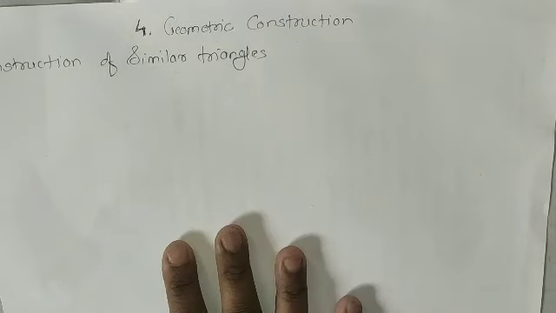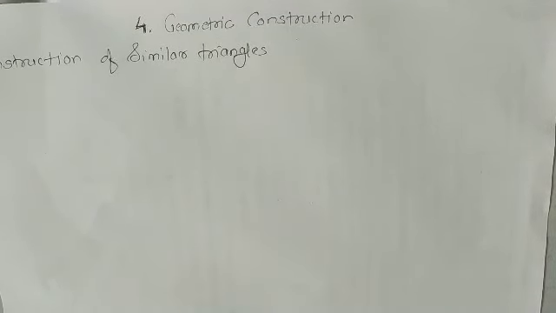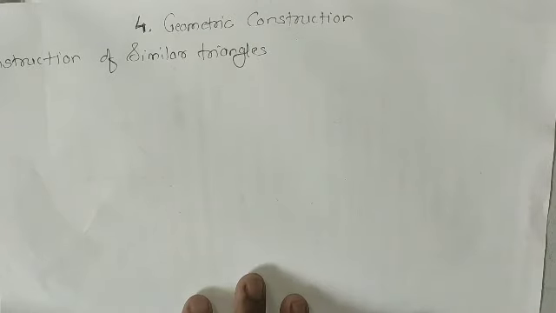Good morning, students. Today we will continue our fourth lesson, that is geometry construction and its basic constructions: to construct a line parallel to a given line passing through a given point outside the line, to construct the perpendicular bisector, to construct a triangle whose sides are given, to divide a given line segment into a given number of equal parts, to divide a line segment in a given ratio, and to construct an angle congruent to a given angle.